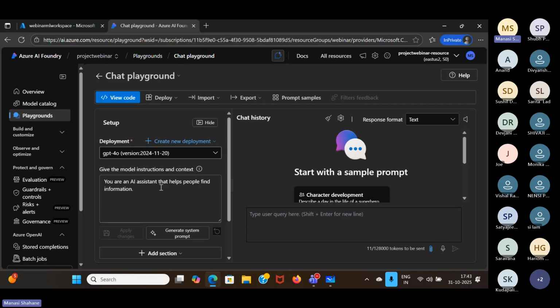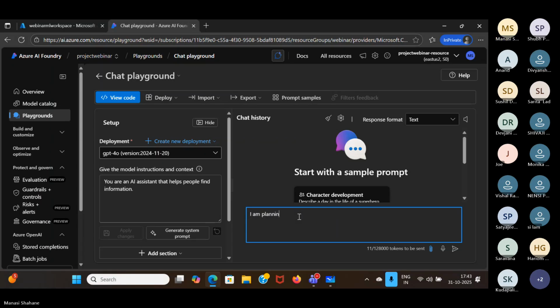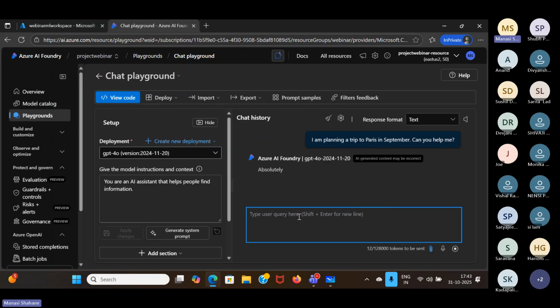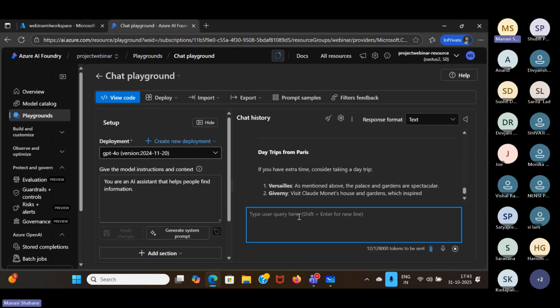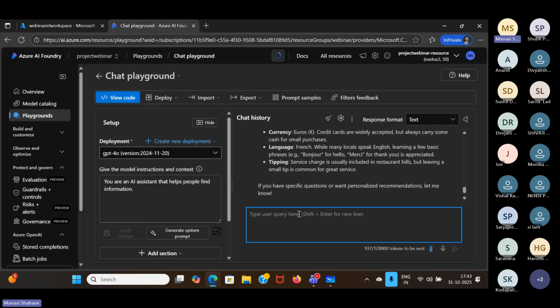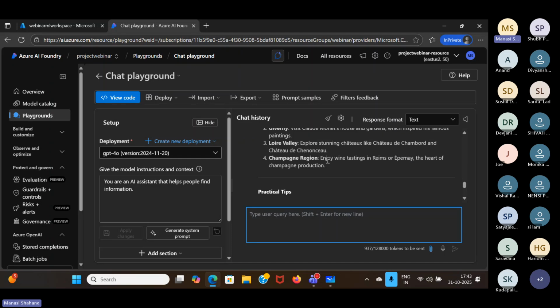Okay. So over here, you can just write in whatever prompts you want. So you can just ask a simple question. So in the user prompt, you write, I am planning a trip to Paris in September. Can you help me? Okay. So you can just add that over here. And you can see it is going to give you an answer in response to it, right? So how you can do it, what are the kinds of this thing, right? So here you can ask about certain